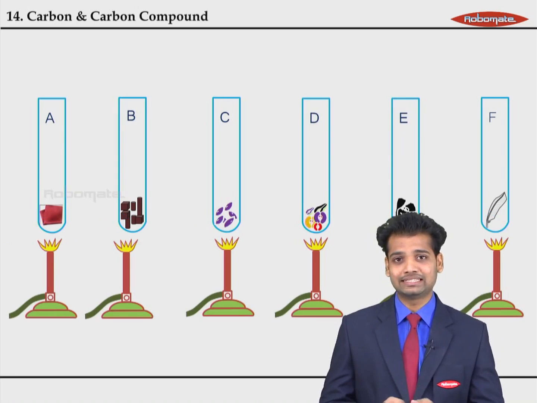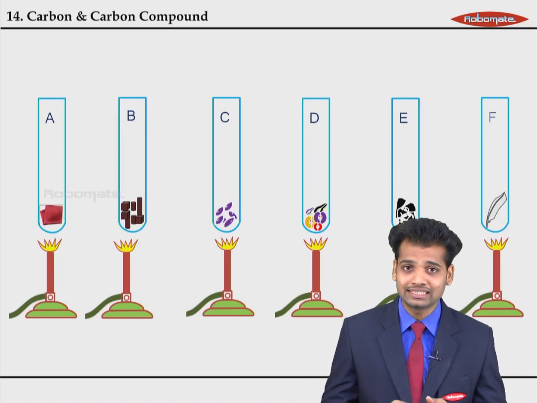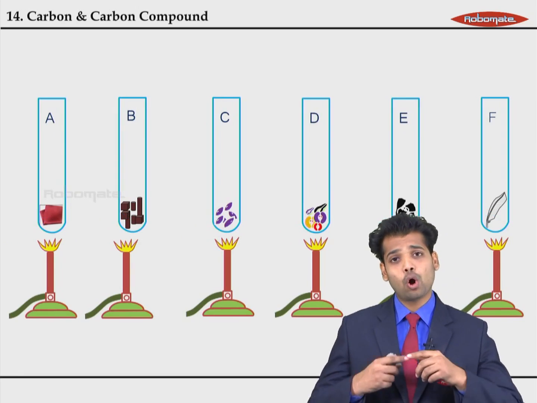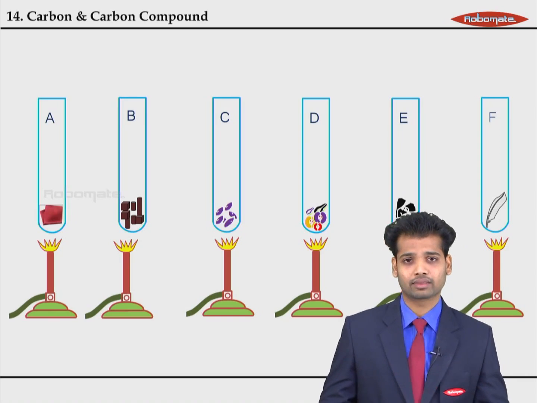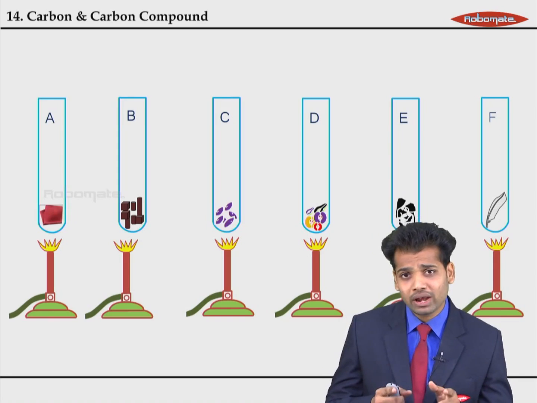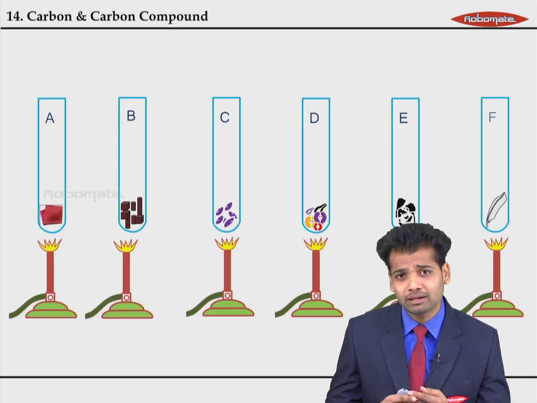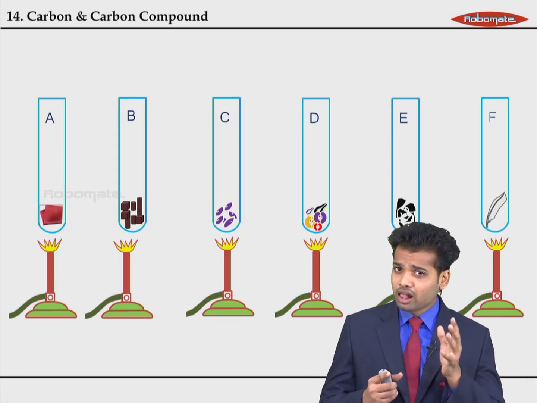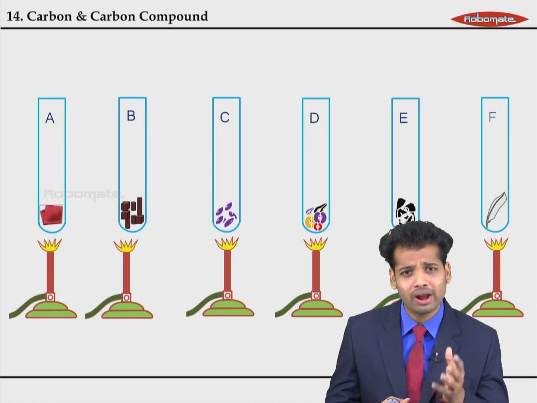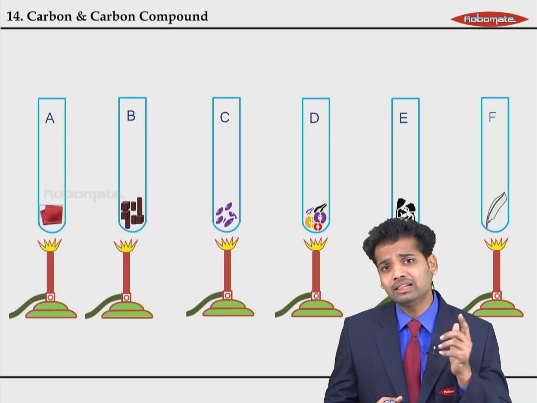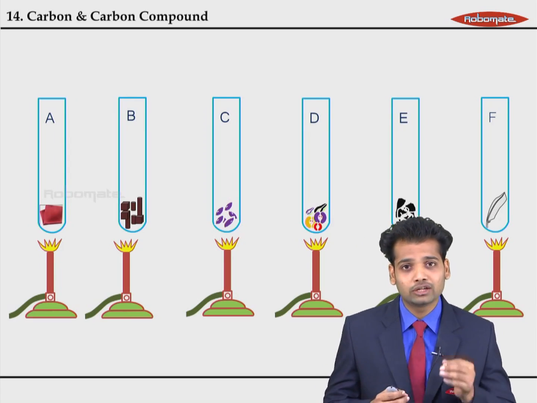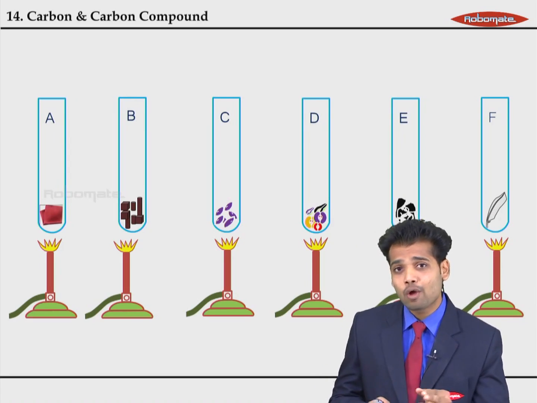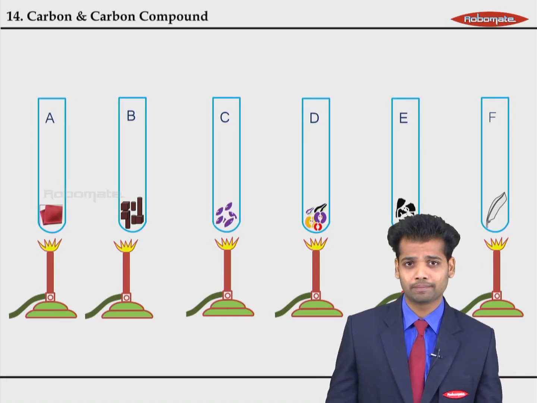I'm going to burn these things up, and when I burn these things up, I find that all of the things change their color to black. Now, this is a query that we should always think about. If the color of the flame is orange or red or yellow, why are these substances turning black? Why do we associate the color black with anything that has been burnt?